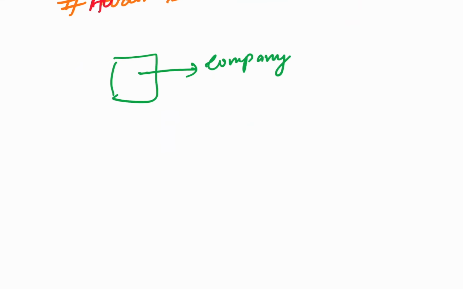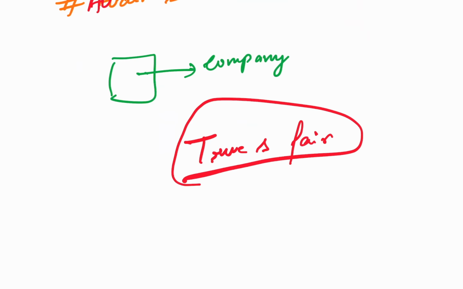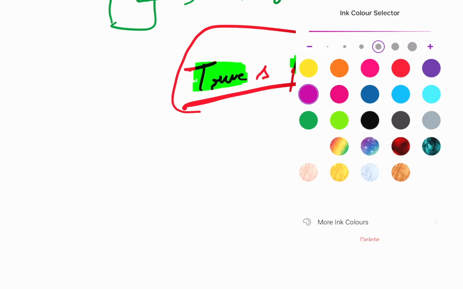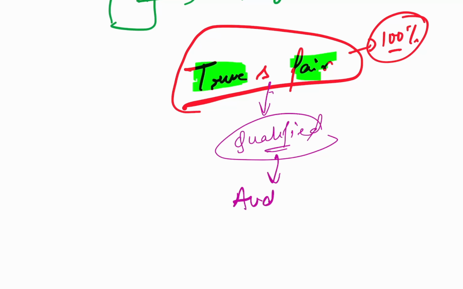See the words true and fair. No one can give you a 100% accuracy report saying this is 100% accurate. That's why they use the words true and fair. Clear? And for that we need a qualified outsider. Qualified means someone who has the knowledge of how to qualify a given report. That particular qualified outsider, we call them an auditor. And they are generally from professional accounting firms.